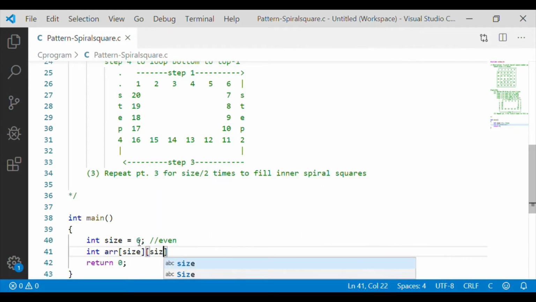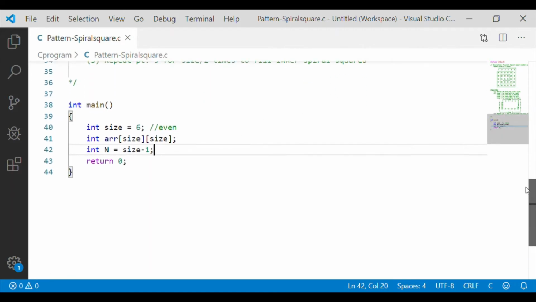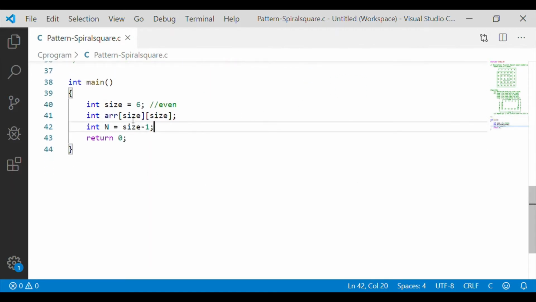Now we will declare a 2D array of size by size, and we will have another variable n which is initialized to size minus 1. As we know, an array of size will hold the values from 0 to size minus 1. Hence, n is an indication for the last index of the spiral square.